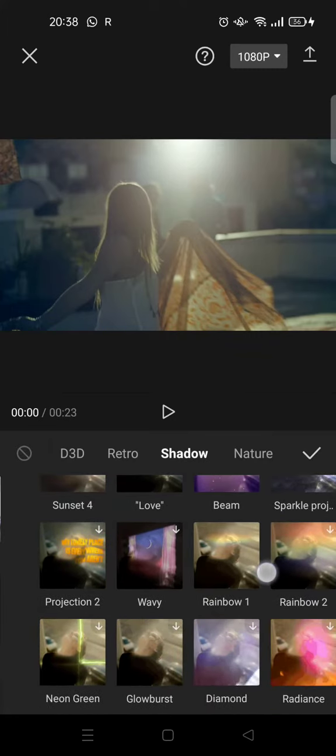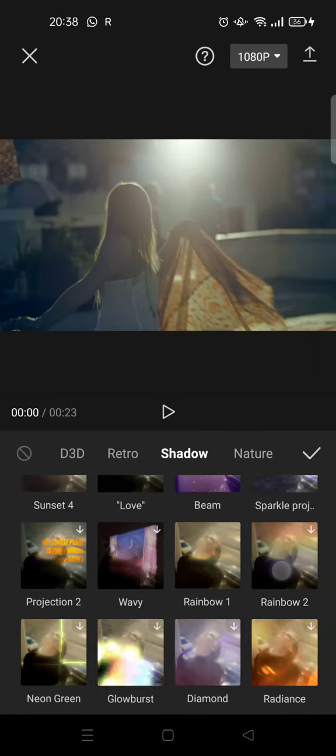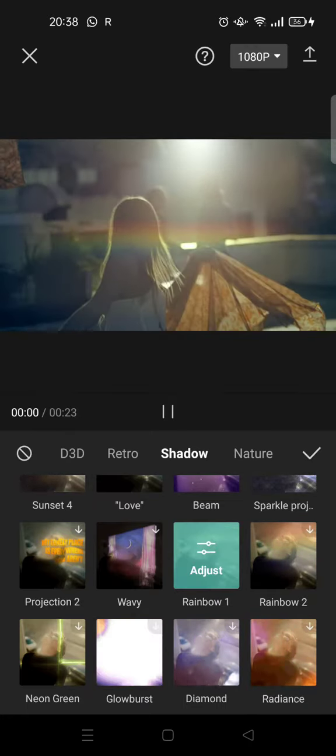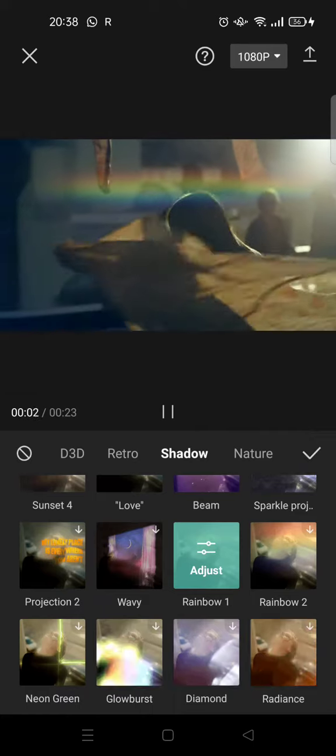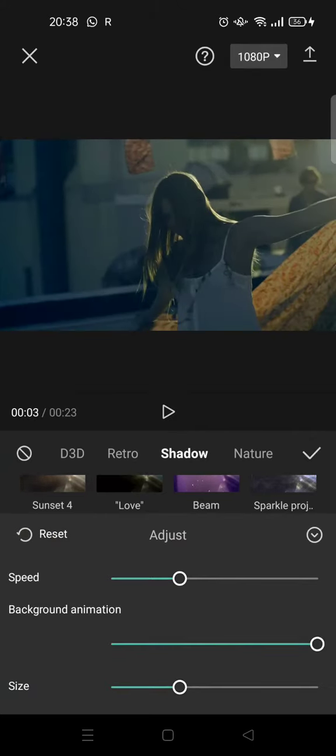So there are two options that you can use, rainbow 1 and also rainbow 2. So for now I'm going to add just rainbow 1. Just click on the effect. Okay, so here you can see there is some rainbow in it, and you can also adjust the effects,